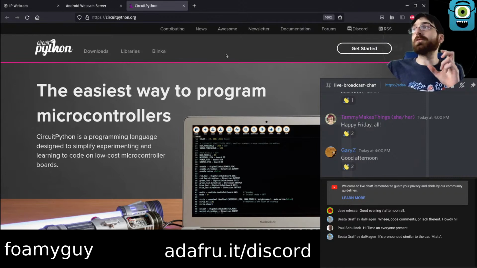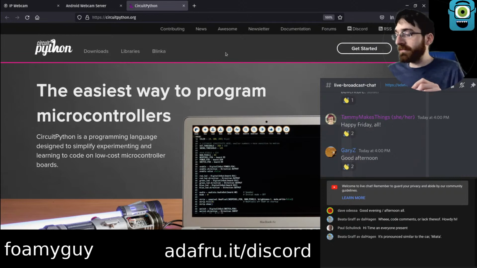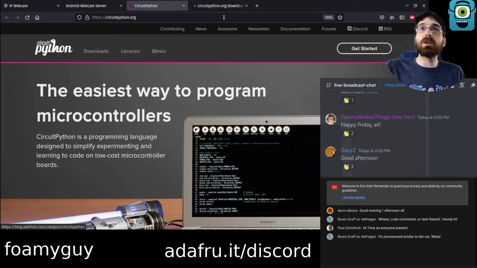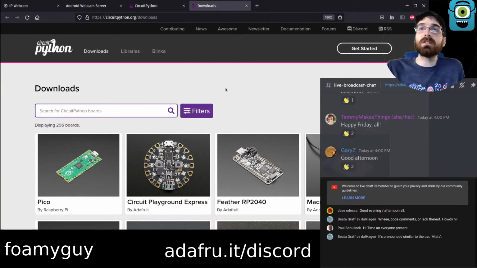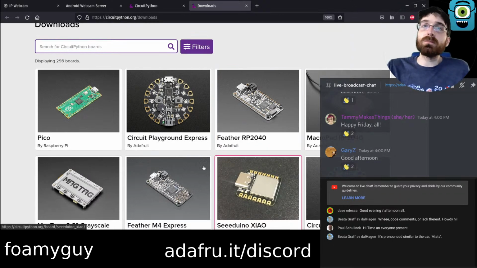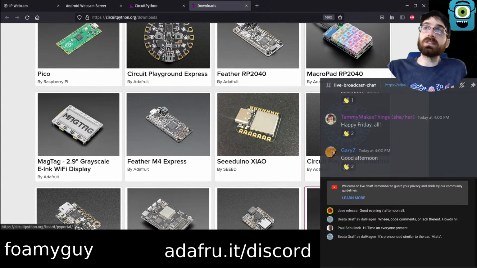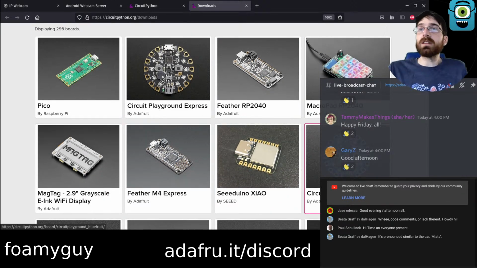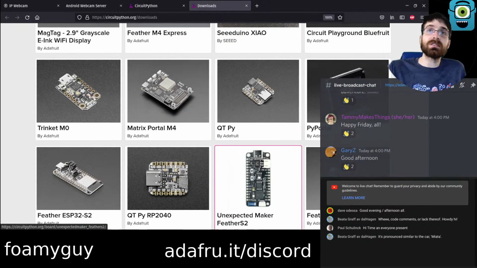But if you are confused by any of that, if you don't have any idea what I'm talking about, a quick high-level introduction. We are working on CircuitPython, which is an implementation of Python that runs on very, very small and cheap computers called microcontrollers. There's a bunch of them listed out on this page here. You can see there's all different shapes and sizes, quite literally, circles and rectangles and tinier square looking things.